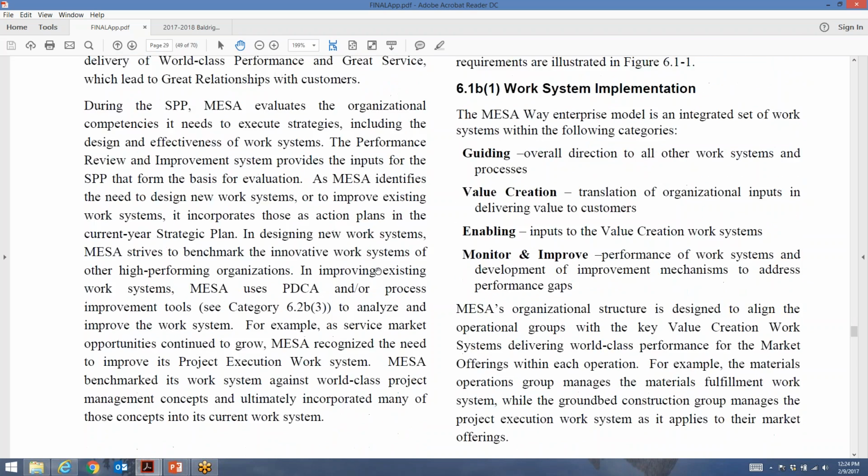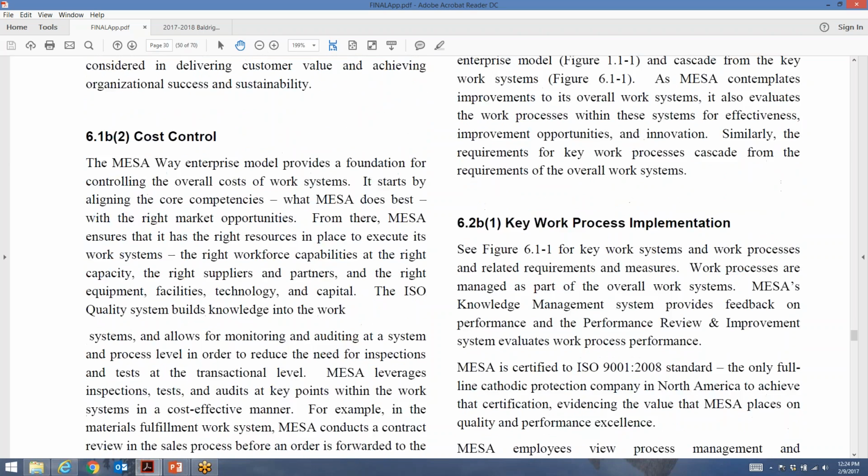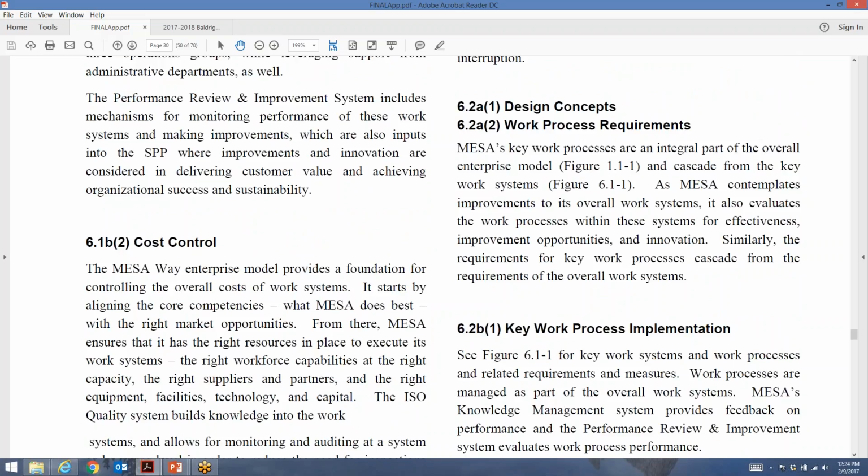I would have a picture of that for the examiners to let them know what that needs to look like. Depending on your organization, I might also have a supply chain management picture. In this case, we don't, but I would suggest that for your organization if that's a big deal for you. Sometimes it's not, so it's not a big deal. Okay, let me stop right there, talking about pictures that you might use.